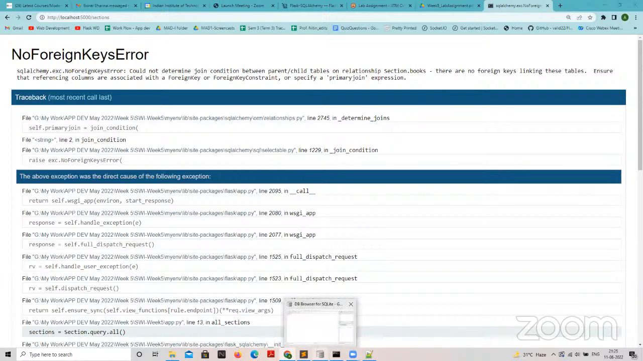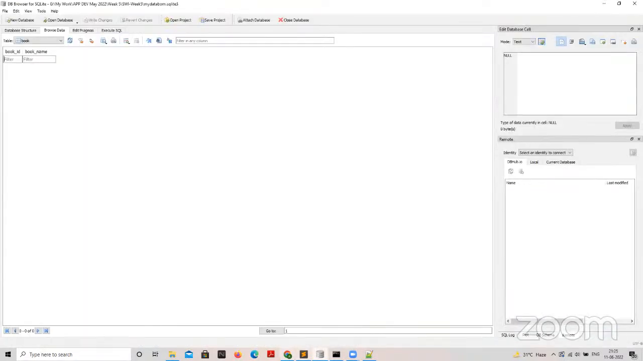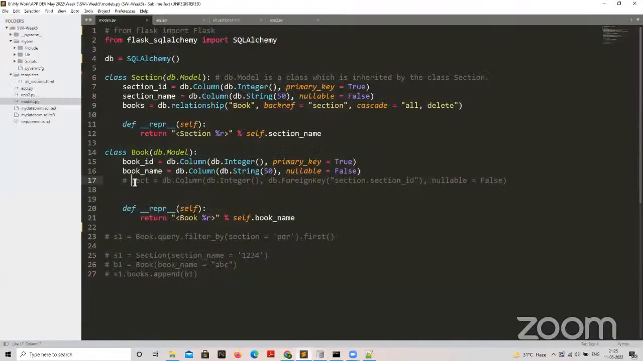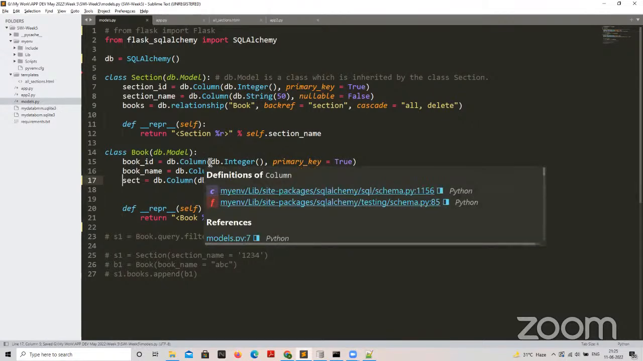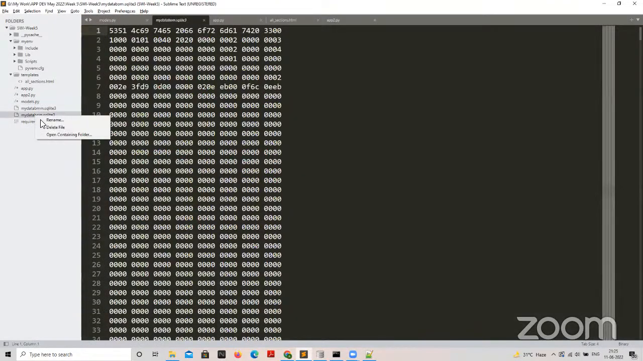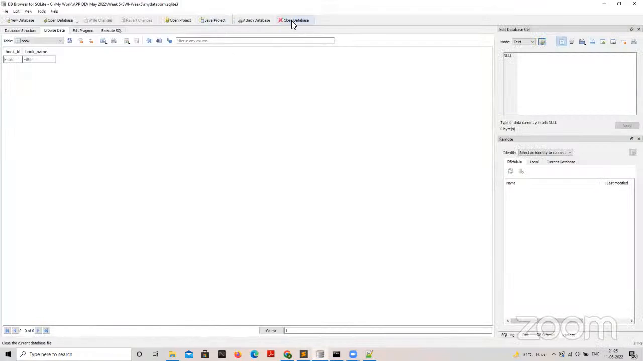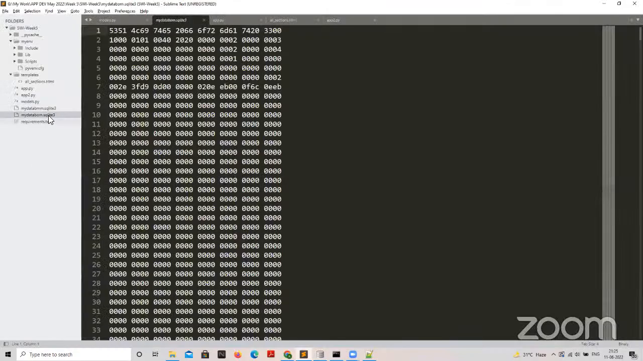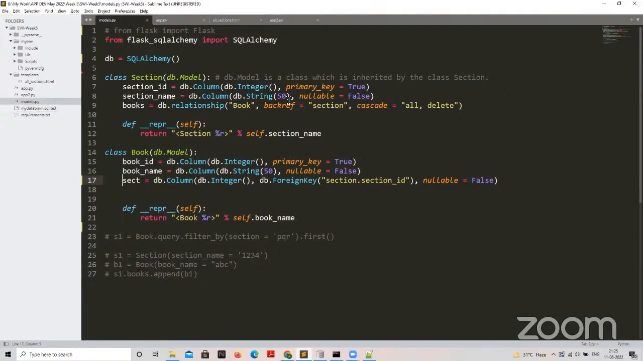So what we'll do, we'll go back to this code and save it. Now the schema of the table changes, so we need to delete this table. For that, we need this database to be closed from here. Go back to Sublime Text and delete this file. So with that done,